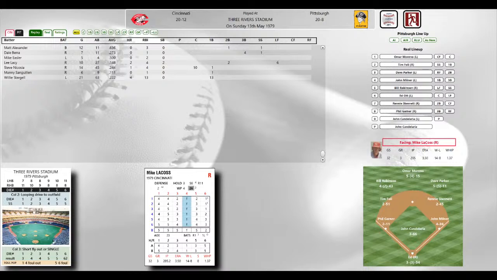Well, good afternoon. This is Kent Blaylock with SDG Replays coming to you live from Three Rivers Stadium in Pittsburgh on May the 13th, 1979. That would be a Sunday as we were in a set between the Cincinnati Reds visiting the Pittsburgh Pirates. The Pirates are up 2-1 in this series as we go to Game 4 in this set, and